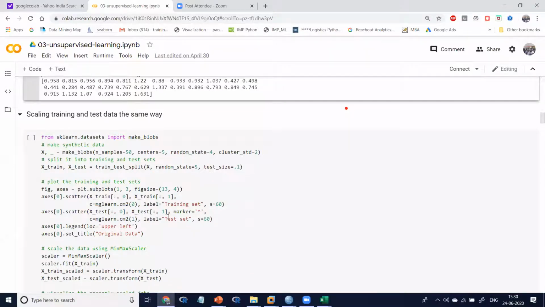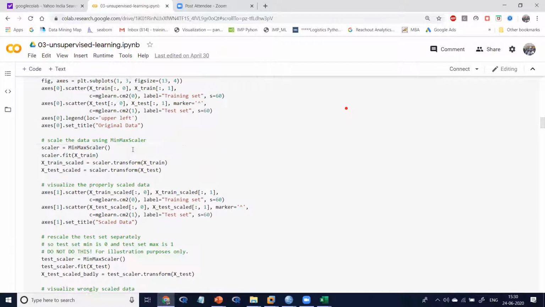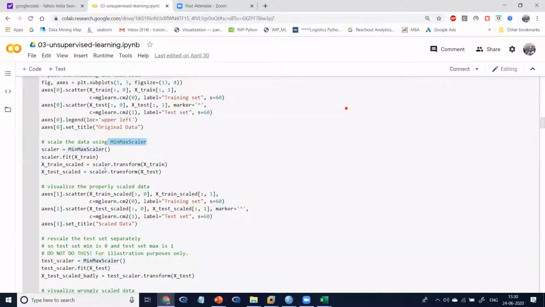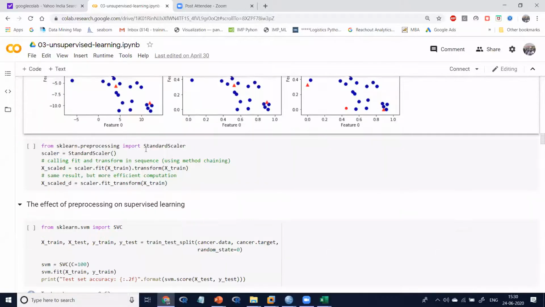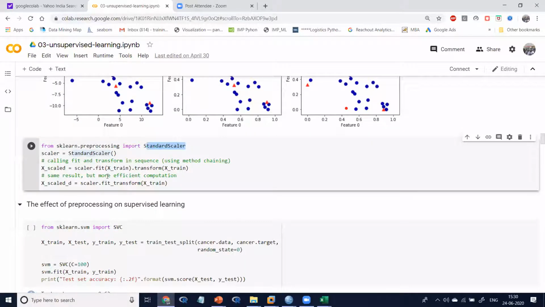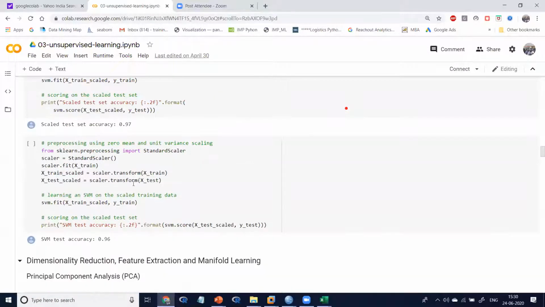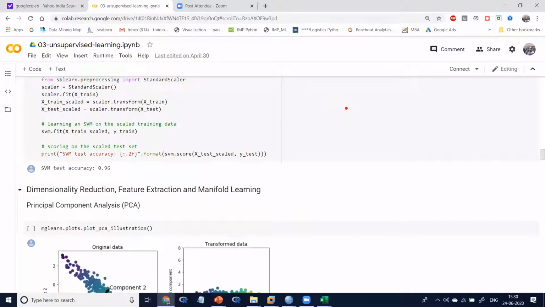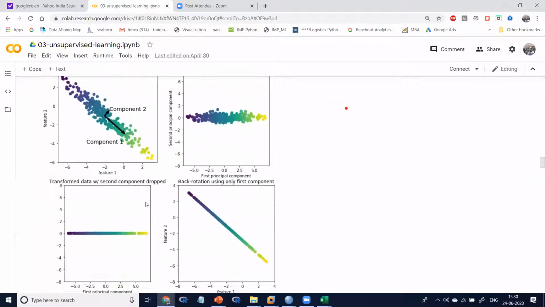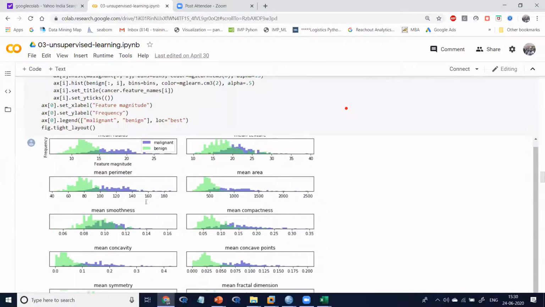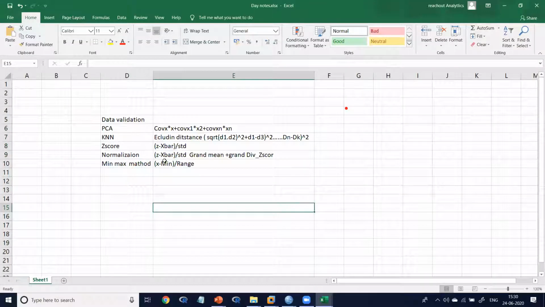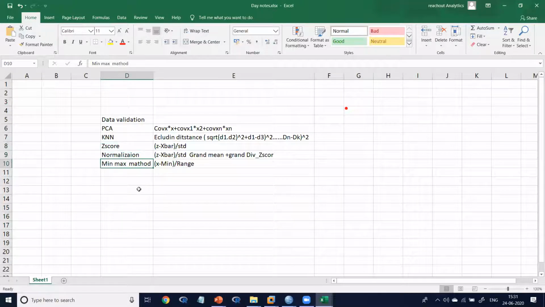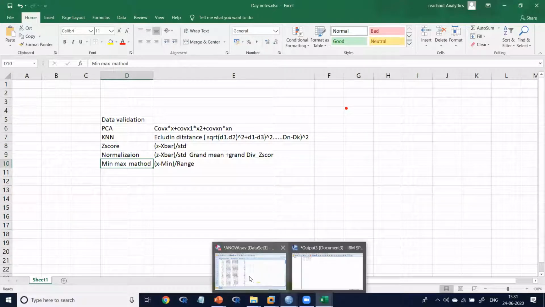That is the modeling point. Apply the min-max method, apply the PCA method, apply the standardization and other transformations like PCA techniques. Then go for modeling after preparing it. Now close it. How to apply these techniques to your large-scale data?